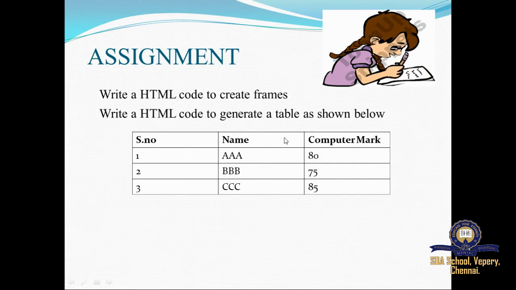You have 4 rows, and the table headings are serial number, name and computer mark, and the table data are all this data. You have to mention it one by one. So this is your assignment. You have to write it in your classwork. The assignment program is similar to the program which I explained in the video. So watch your video again and make a note of that program. The same program will be this. Just make a copy of it.